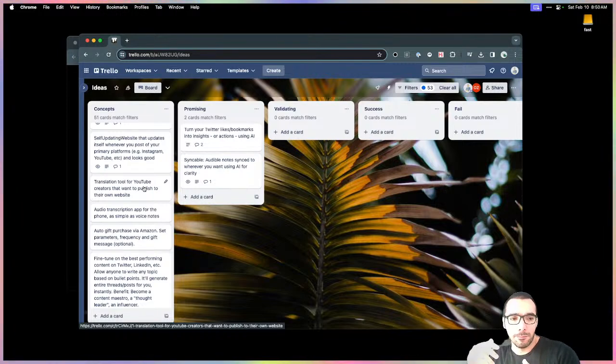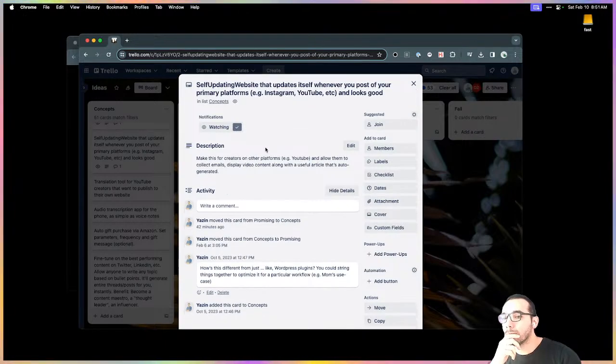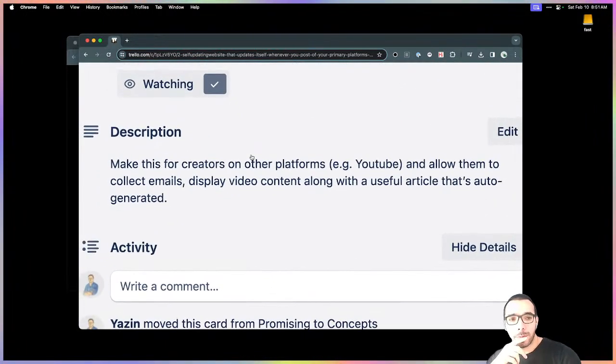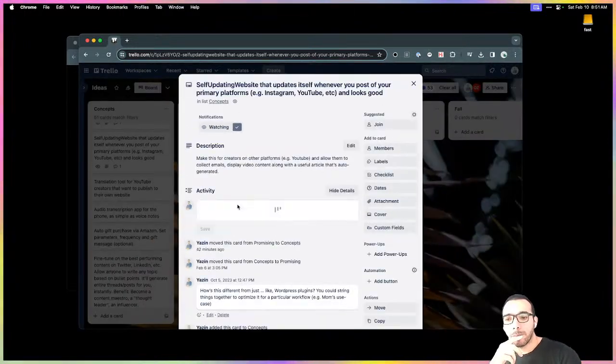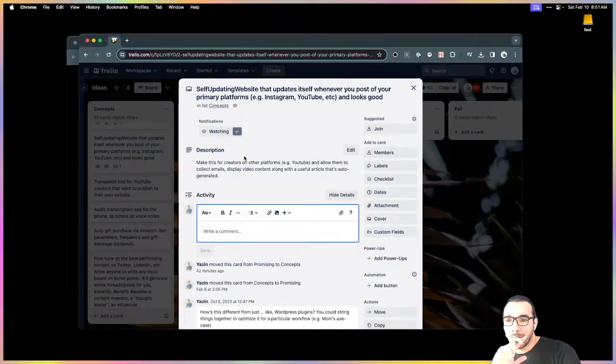WordPress is an option, but it takes work setting up WordPress, making sure it gets updated. There's probably a way that you can have WordPress automatically publish whenever you post something new on, say, YouTube. But how do you create its own page, create something that's compelling on its own? That's a big question. So I do see this as being valuable. The question is how do you reach them, who would the customers be?